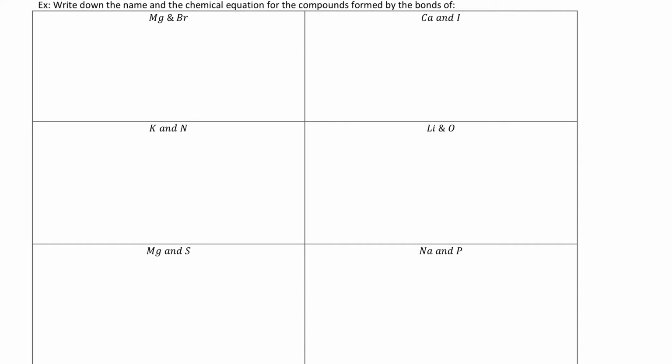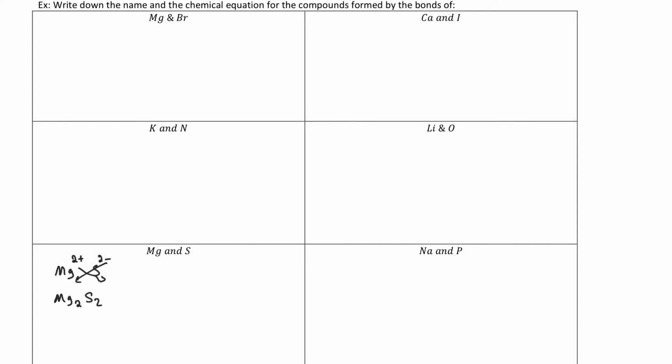The way to do this is we have to look at which group they belong to. Magnesium is in group 2, meaning that it will have a positive 2 charge, and sulfur would be in group 6, so it will have a 2 negative charge. And in order to figure out the chemical equation, we would do the crisscross, and we would get